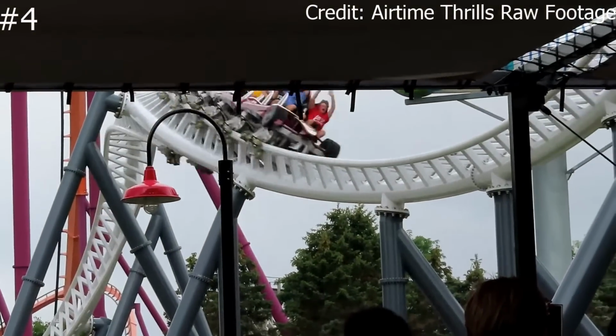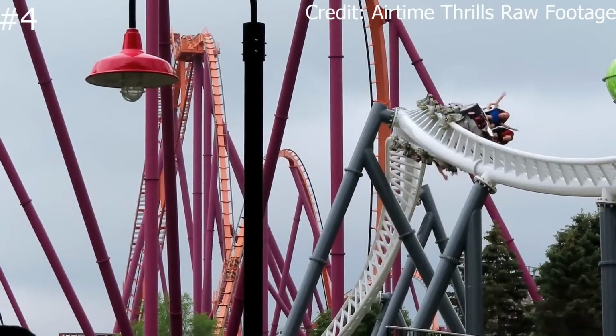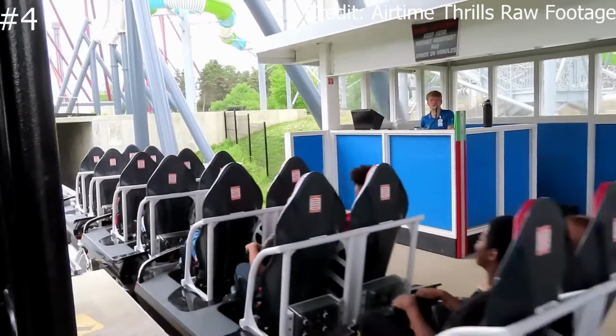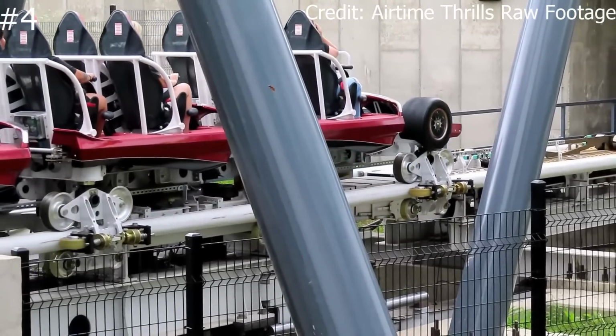Due to the short ride time, this ride could be ranked in a lot of different places, but the launch is just too good for me to not rank this highly at the park. Unfortunately, the air-powered launch is unreliable, so if this ride is open, make sure to get on it. If the ride is broken down, the air-powered launch is incredibly loud, so you'll be able to easily hear if